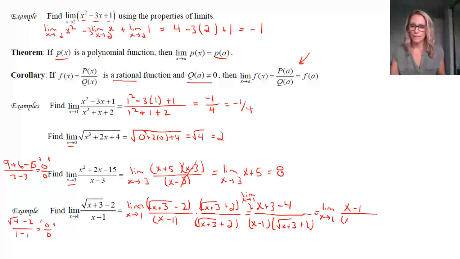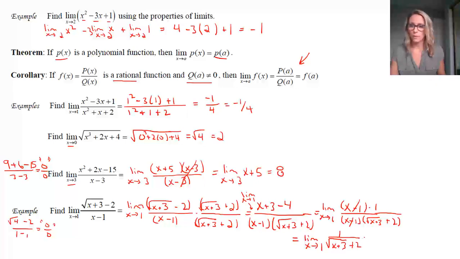And so what that means, not surprisingly, is that that's going to simplify now with that factor in the denominator, and that is made to happen. So I'm going to have this here, and then I'm going to be able to simplify my numerator. Don't forget that that's just multiplied by 1, and then I'm going to come down here and have the limit as x approaches 1. My numerator is now 1. My denominator just has the square root of x plus 3 plus 2.